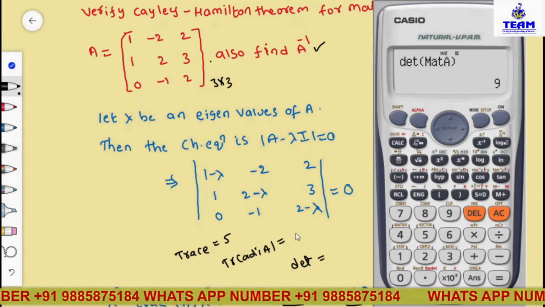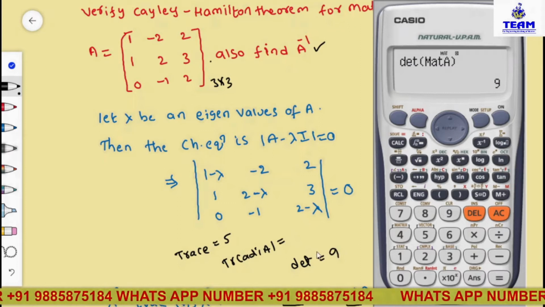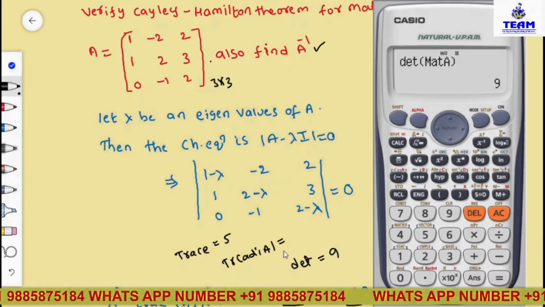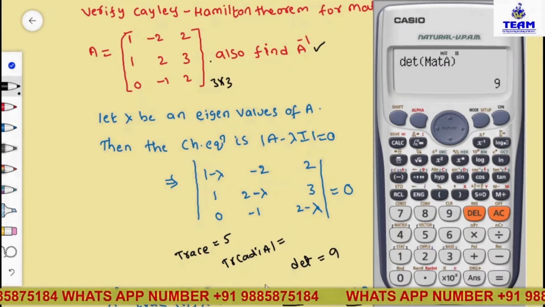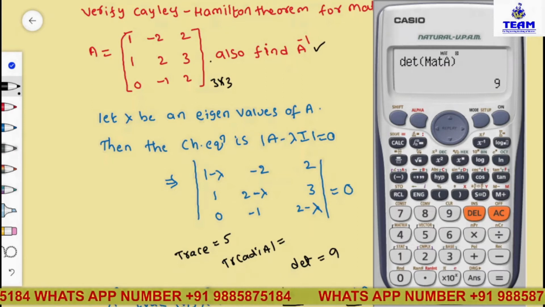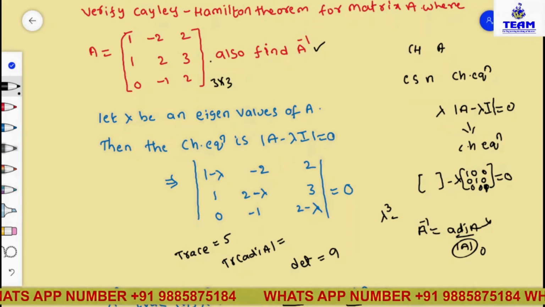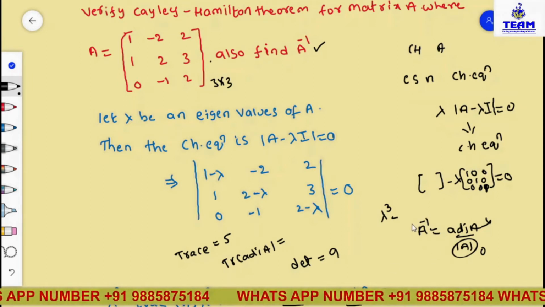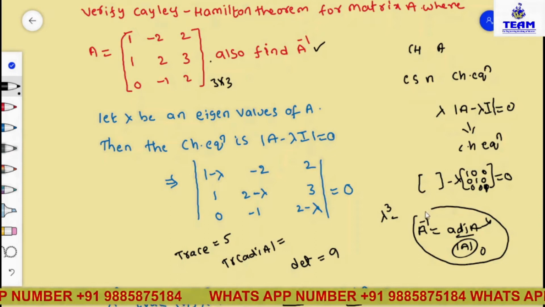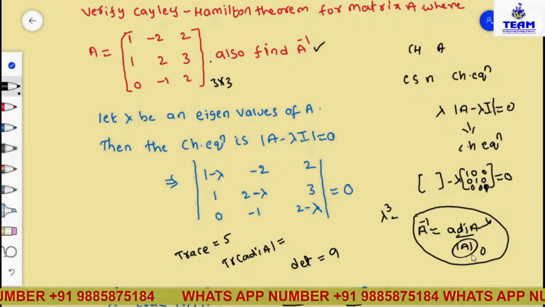Okay friends, now I am writing the determinant value. Next, what do I require to find? Trace of adjoint A. What is the adjoint formula you have? First, the A inverse formula: A inverse is equal to adjoint A by det A. Yes or no, friends? A inverse is equal to adjoint A by det A is the formula. So I know det A.